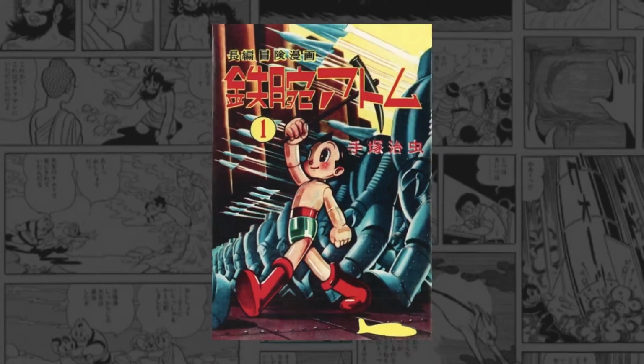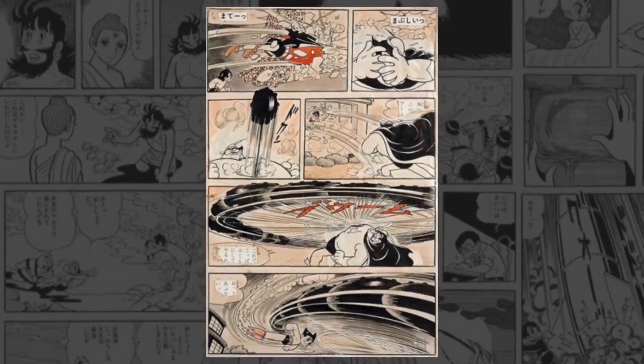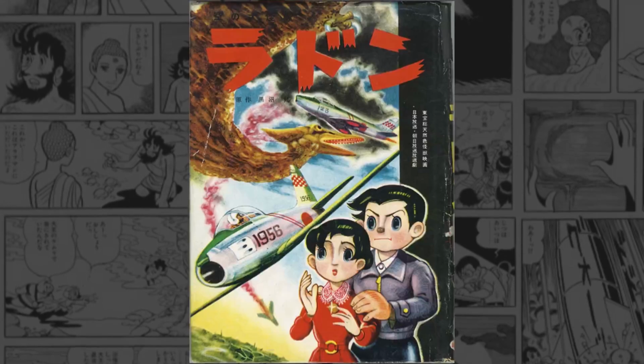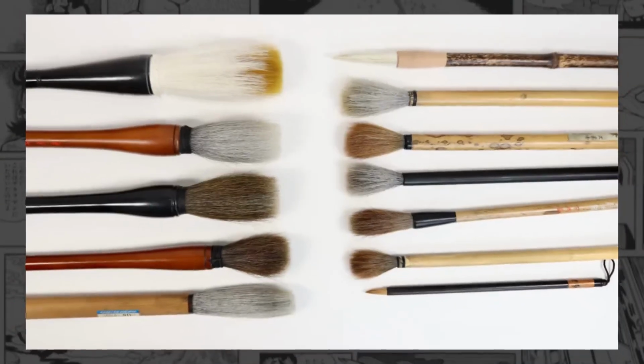Post-war, the manga industry underwent a process of rebuilding, embracing new printing technologies and catering to the changing tastes of readers. The resilience of manga artists and publishers during this era laid the foundation for the medium's continued growth in the decades to come. In the 20th century, manga artists employed a variety of traditional tools to bring their creations